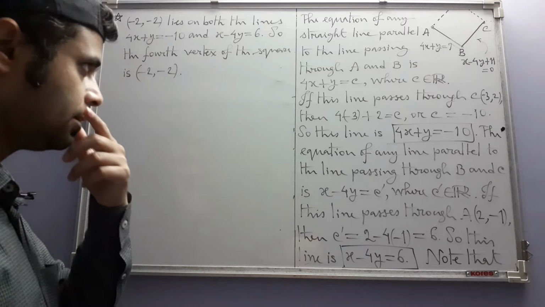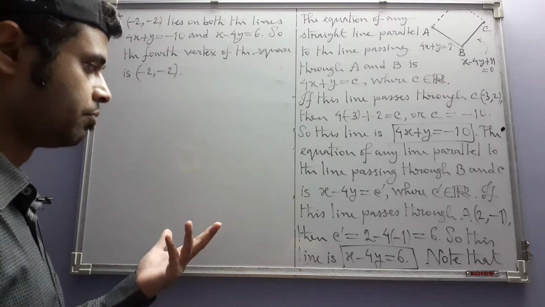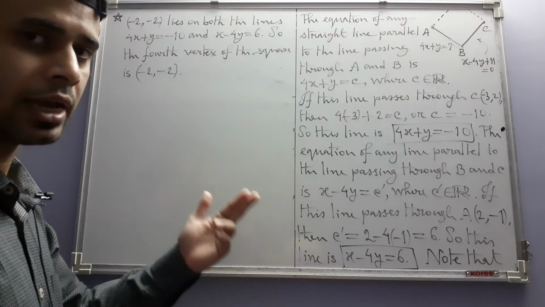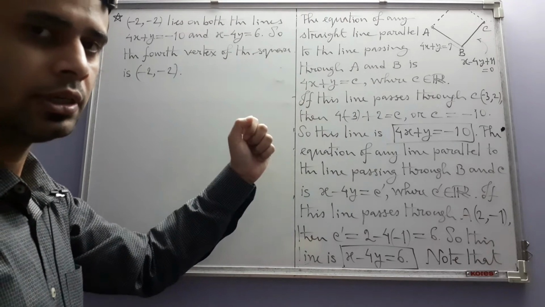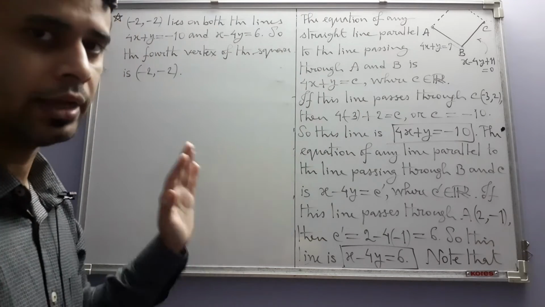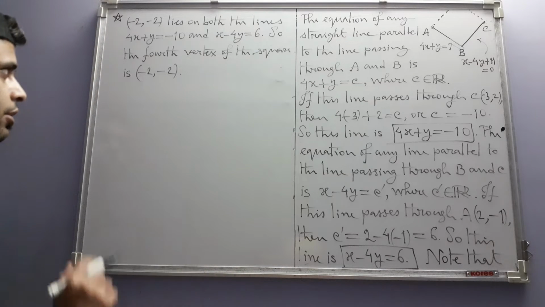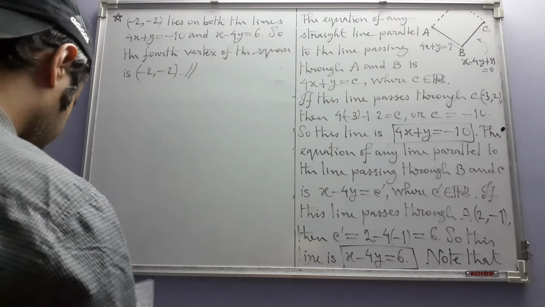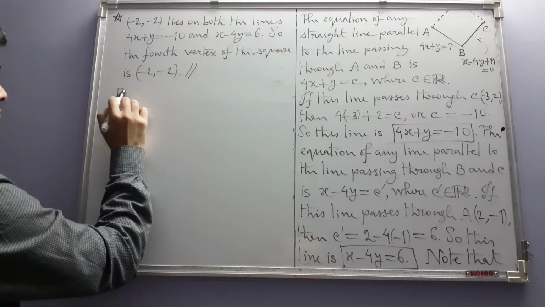That we should have written here itself, but I just simply mentioned it, that the slopes of these two lines show that they are perpendicular to each other. We should write that. Okay, so you just do that and make the solution complete. So I am ending it here. Then